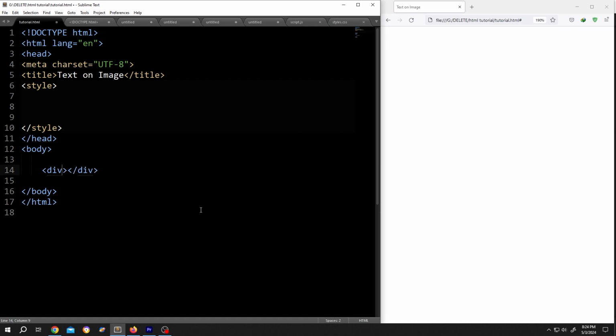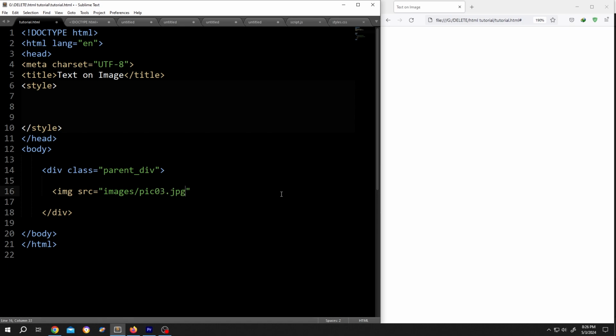This will be our parent div. So class name, suppose parent div. Inside, the image and the text. Image source equal double quotation, image directory, suppose inside the images folder, and the image name pic03.jpg, then alt equal double quotation image here, close the image tag, then add another div with the text,